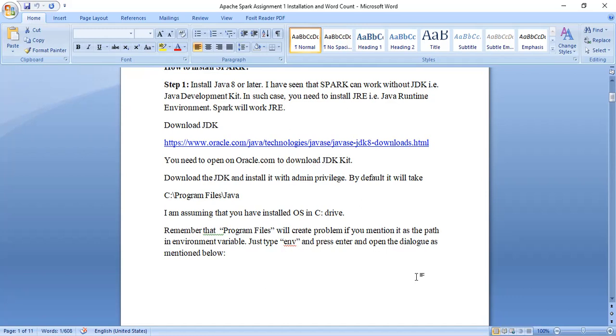That is, if you install Java in Program Files, that is the C:\Program Files\Java folder, then the next step would be to add the path to the environment variable, that is JAVA_HOME. Now, if you want to use the same path, that is C:\Program Files\Java, what will happen? The moment you add this path to the environment variable, and then restart your laptop or